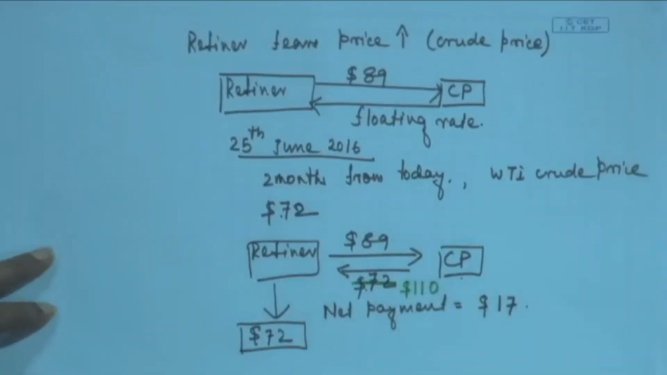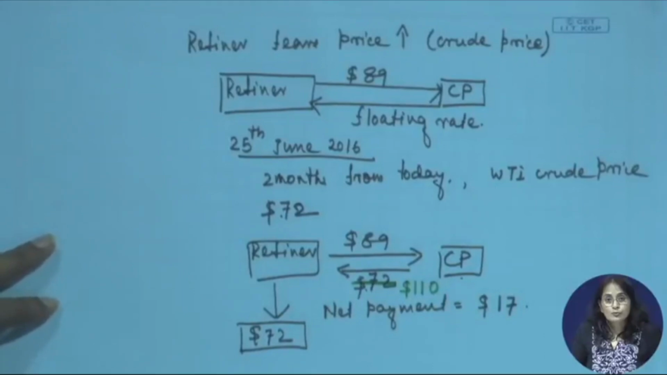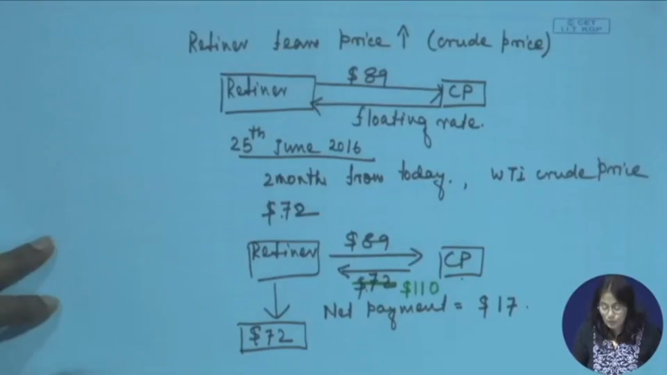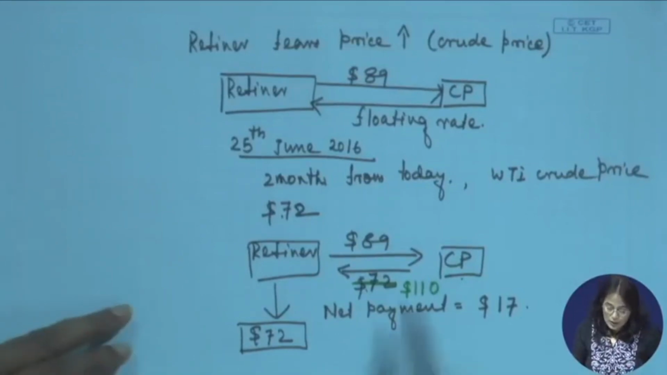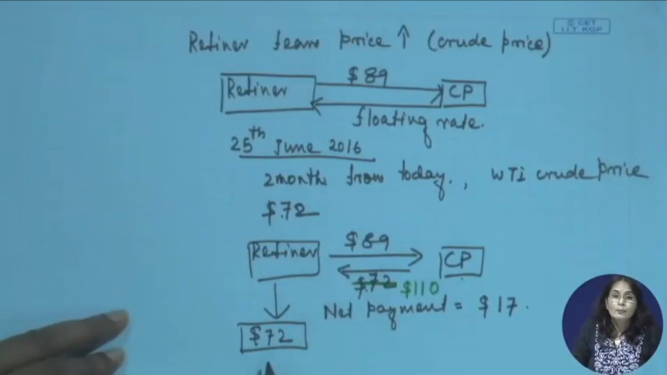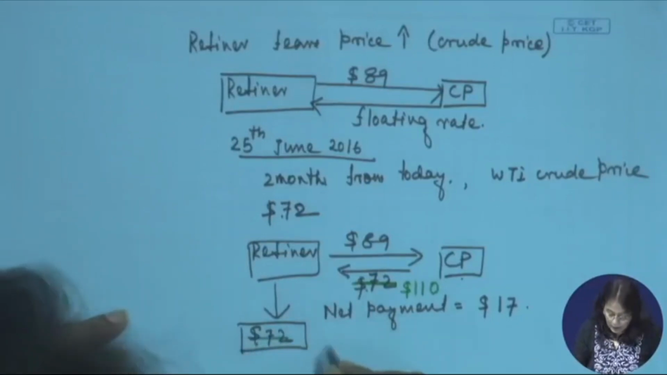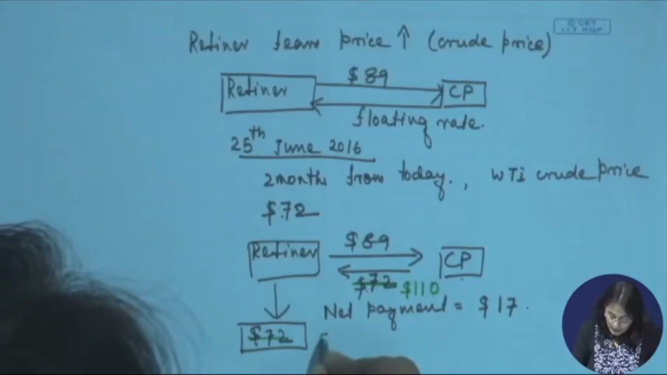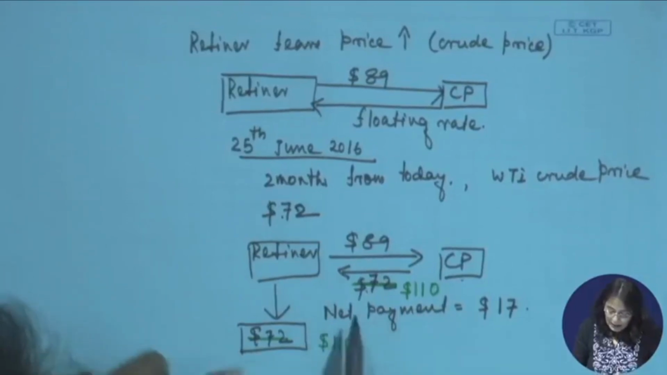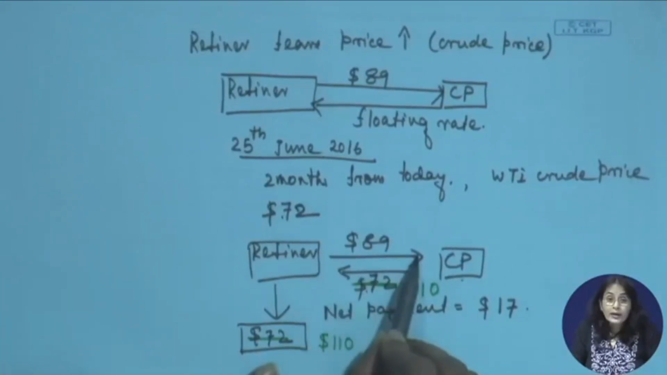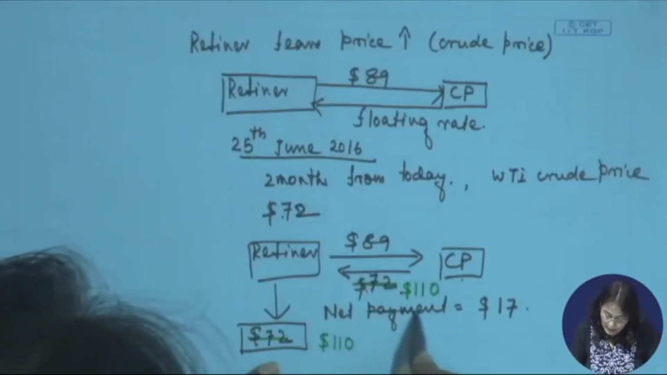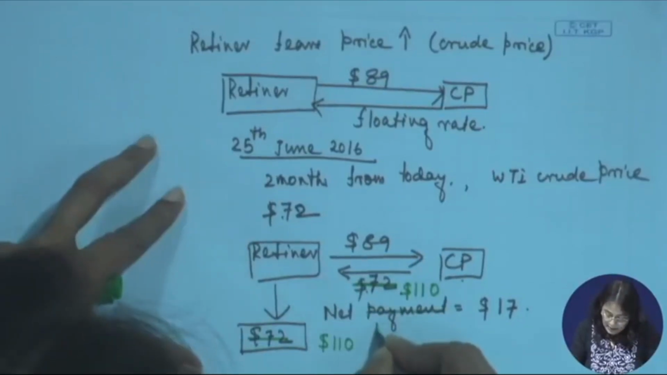And the fear of the refiner comes true. He was anticipating the crude oil price to go up, and it has gone up to $110. So in that case, the refiner will no longer be buying crude oil at 72, two months from today. He will be buying at 110, and in that case he will be paying 89 and receiving 110. So it will not be a net payment, it will be a net receipt